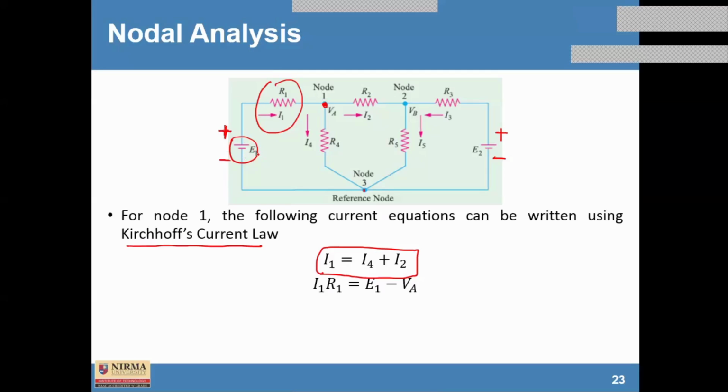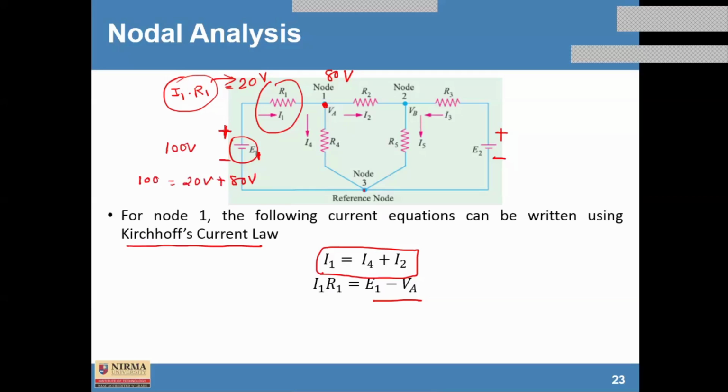E1 minus VA, that is, this is E1 here. So there is a voltage difference. And what is the total difference? Suppose it is 100 volt here, then it could be 80 volt here at node 1, because there is a voltage drop. How much voltage drop? 20 volt, and this 20 volt is nothing but I1 into R1. So this is the combined effect, and that is the voltage drop. So the potential at this node is 80 volt. Here in this case, we can write an expression: 100 is equal to 20 volt plus 80 volt.